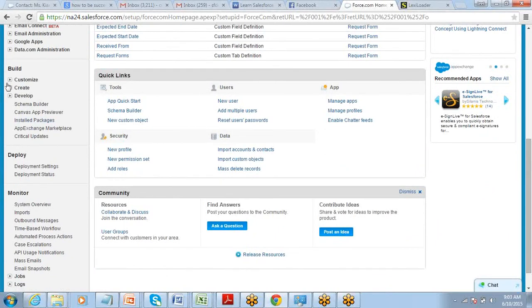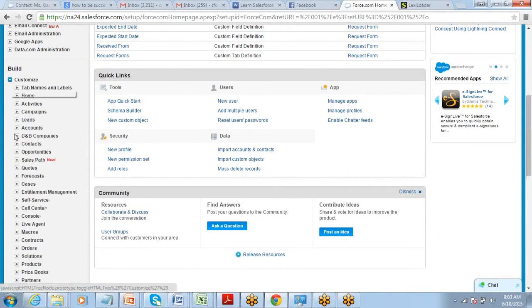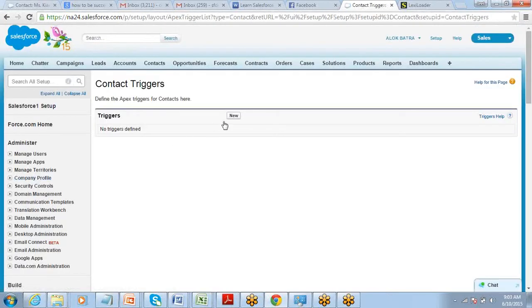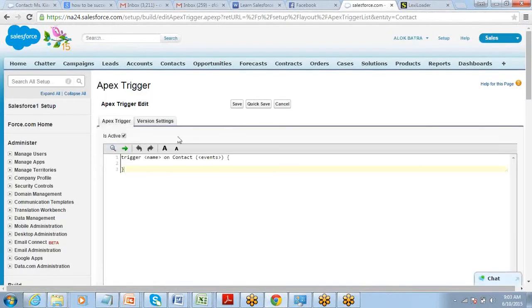So if you want to create a trigger for contacts, you just need to go to customize contacts. Here it is. And then say triggers, right? And then say new trigger. The syntax part, it will automatically give you. Name, you can put contact trigger one, whatever you want. Events you have to put here.